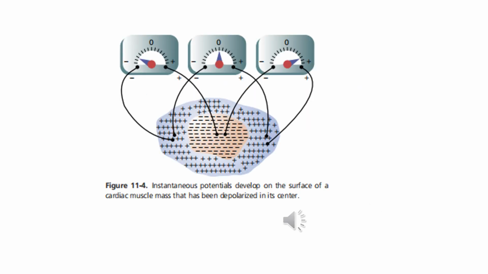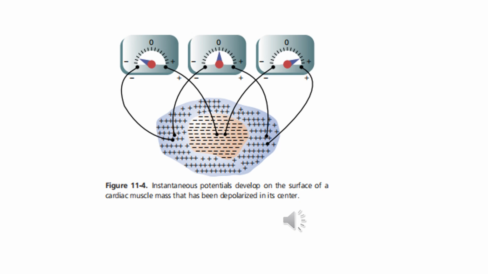Flow of current around the heart during the cardiac cycle: recording electrical potentials from a partially depolarized mass of syncytial cardiac muscle. Figure 11.4 shows a syncytial mass of cardiac muscle that has been stimulated at its most central point. Before stimulation, all the exteriors of the muscle cells had been positive, and the interiors had been negative. For reasons presented in Chapter 5 in the discussion of membrane potentials, as soon as an area of cardiac syncytium